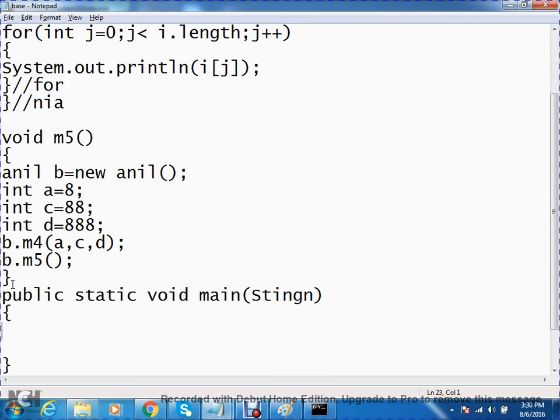Now, how to call the m5 method? A equals to new Anil, now a dot m5.